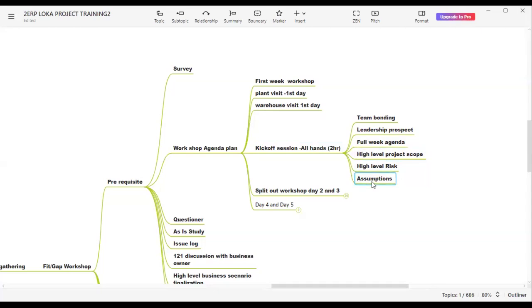When you visit a factory, what is your assumption? How can you build your enterprise structure? You have seen the plant. So you have a lot of sections, and this visit will help the warehouse management team very much. Because when they visit a warehouse, they will see how many inbound doors and how many outbound doors, how many shelves they have, how many racks they have, how many storage bins they have. From all those things they can assume how much time it may take and what type of storage they are doing. So those are all your assumptions.